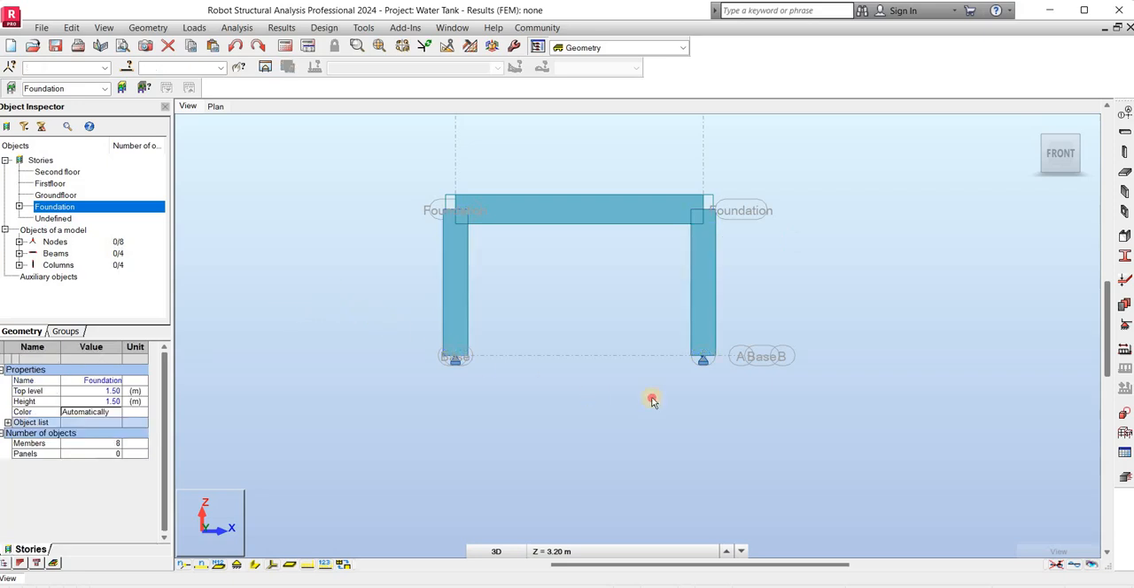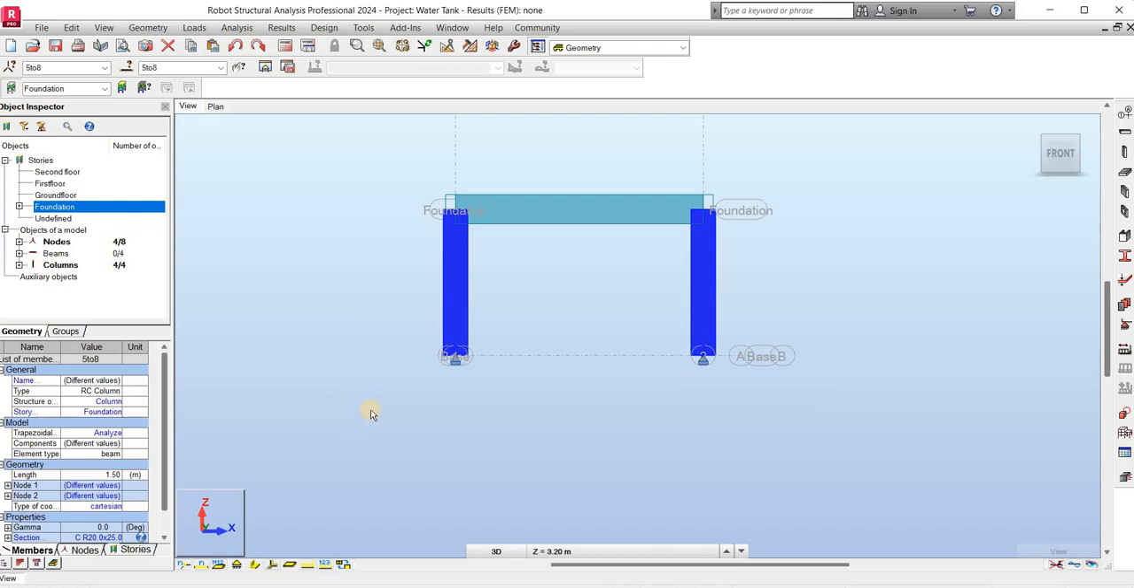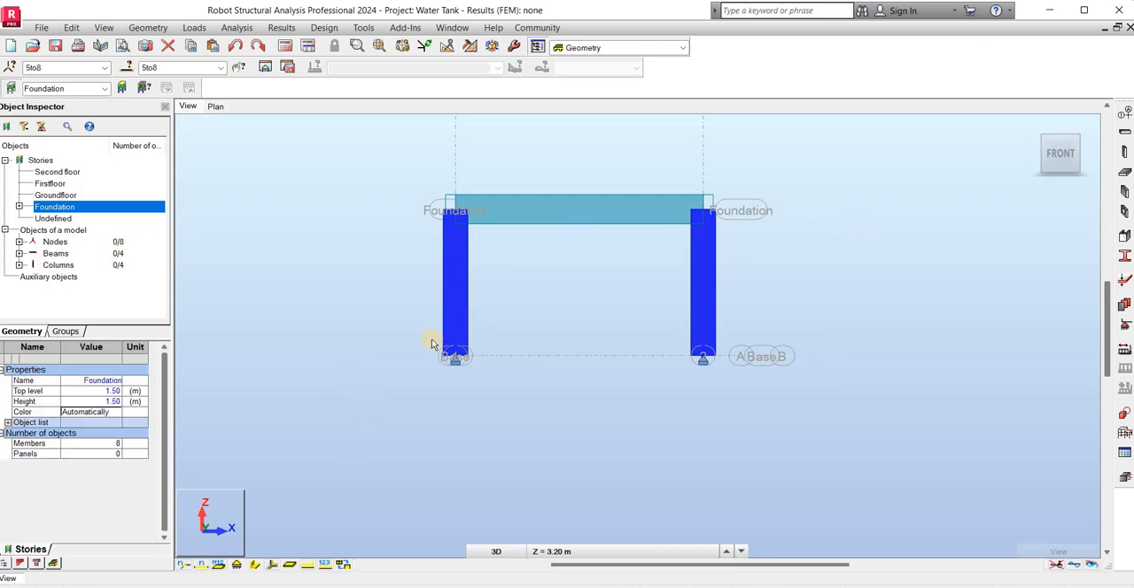But when selecting from left to right, what selects is what is inside the box, totally inside the box. That's why you see only the nodes have been selected. But if I select from right to left, anything that the box touches selects. So I hope you get the technique. So I select the 4 nodes